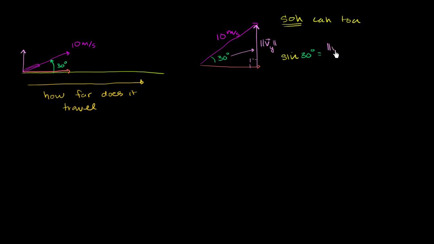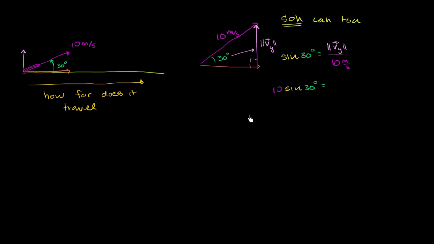It's equal to the magnitude of our velocity in the y direction, divided by the magnitude of the hypotenuse, or the magnitude of our original vector, 10 meters per second. And then to solve for this quantity, we multiply both sides by 10, and you get 10 sine of 30 degrees